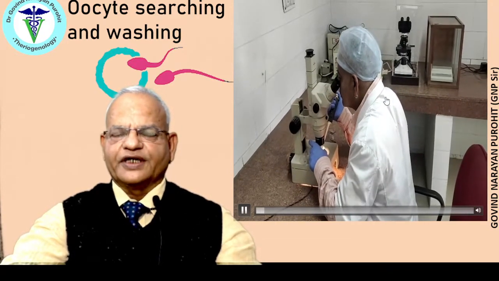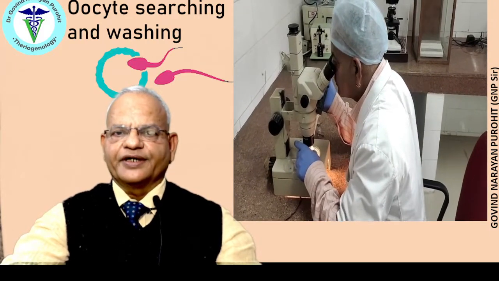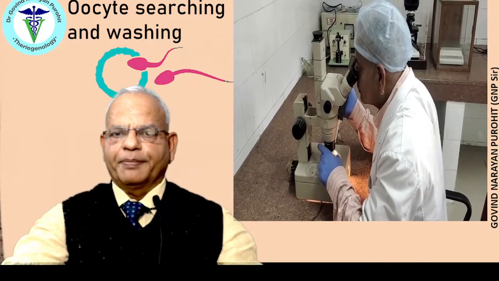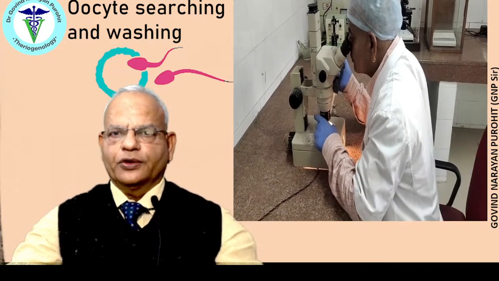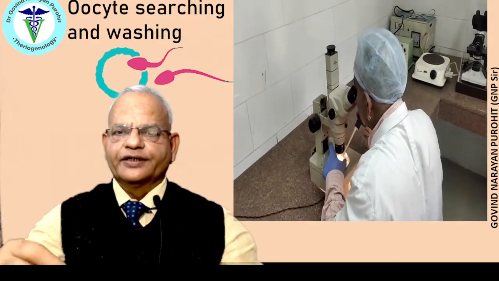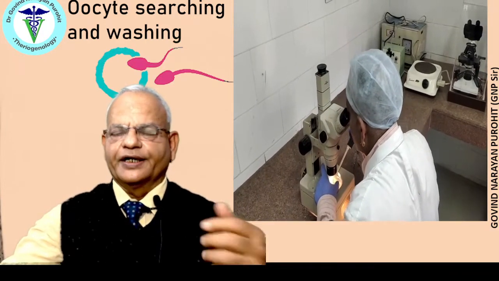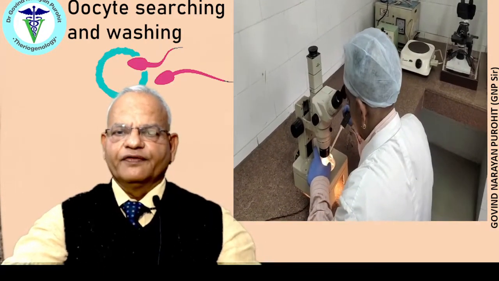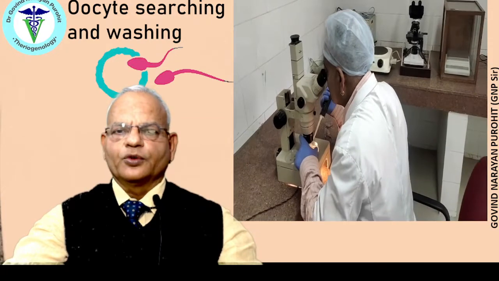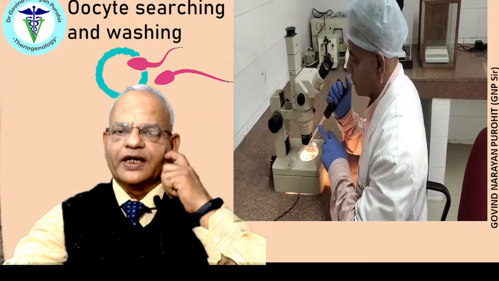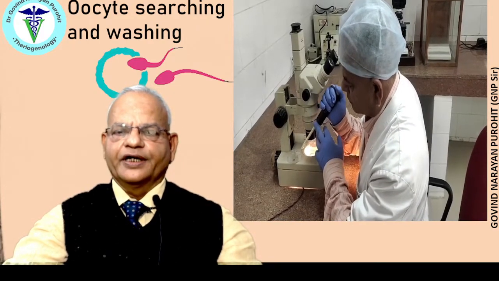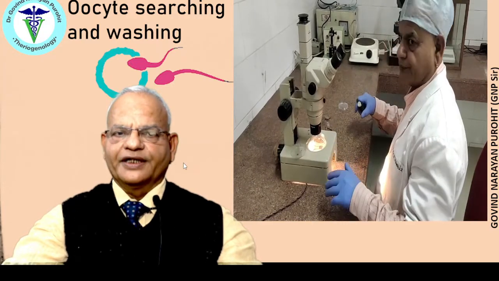Once you have just collected, you just search the oocytes under a microscope. You can use a micropipette, you can use a pasture pipette, and then you give serial washings to the oocytes. They are taken from one drop to another and then to another, so that the tissue debris attached to the oocyte is removed, and oocytes are free of any tissue debris. Then, after selecting the oocytes of good quality, you can place them in one culture drop. You can see here it is being placed in another dish, and in this dish you can place the oocytes,